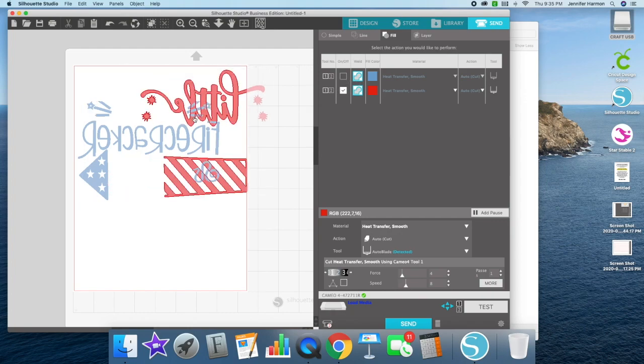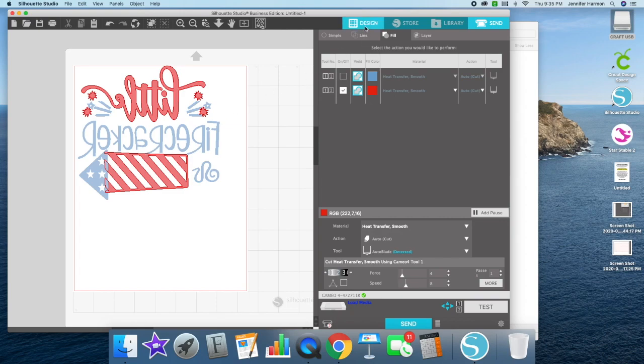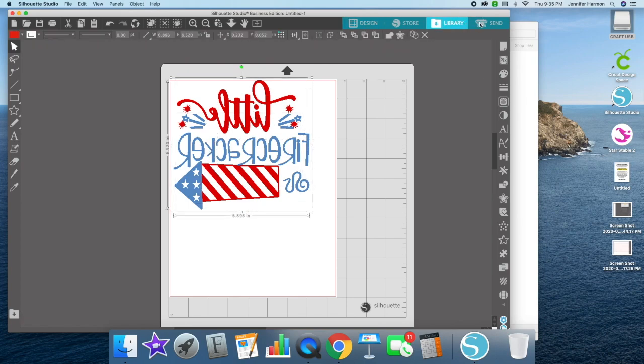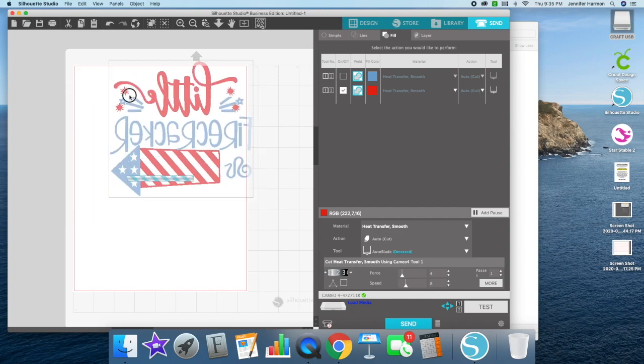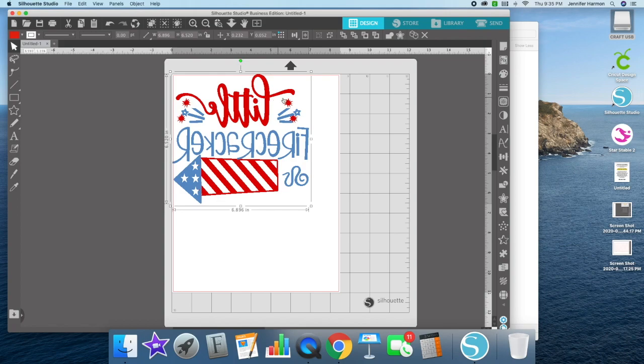No, it does not. So in order for you to move this and for it to line up and everything, you need to have it grouped, everybody, okay? So make sure before you send it to the panel, you group this image, group it, and then click send, and then you move it. It moves as one piece, okay? That is very helpful. So you can see where my red moved up a little bit. My red moved over, so let's